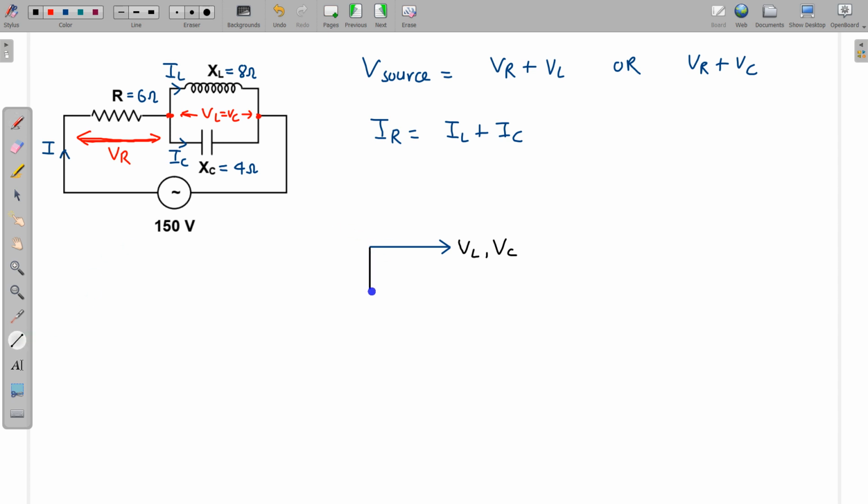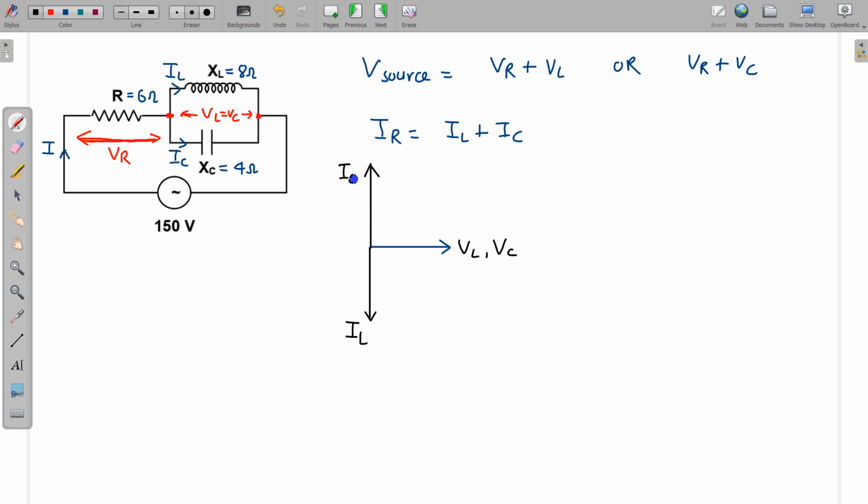in the inductor, we can draw it like this. The anticlockwise direction I am taking as positive and clockwise as negative. So it is lagging behind. So IL I can draw like this. And what is it for IC? IC will be pi by 2 ahead as compared to the voltage across the capacitor. So this is the value IC. So IC and IL are like this.